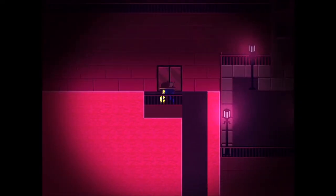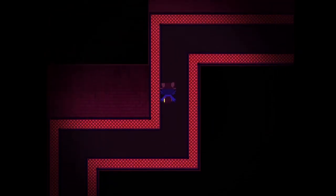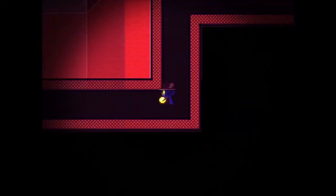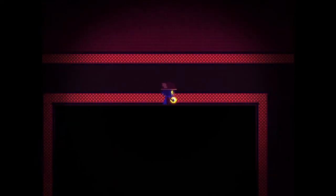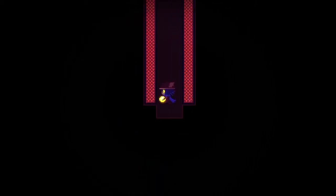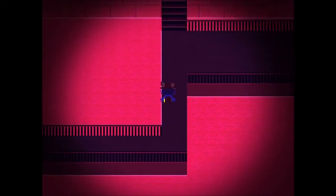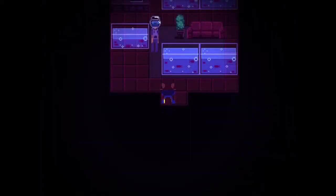Let's see. This way, what was this? This is the tower again, right? Or it looked like the tower, I think. Yeah. This is weird. Okay. If we go down here, we go somewhere, I think. Oh, what's here? That's up to the street, okay, and this is, I think, the L...